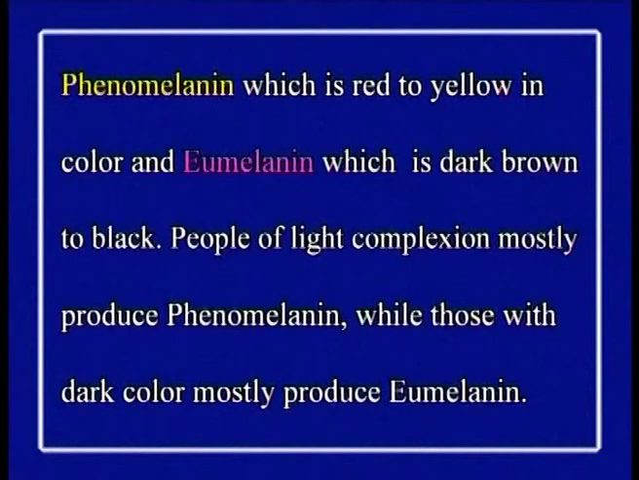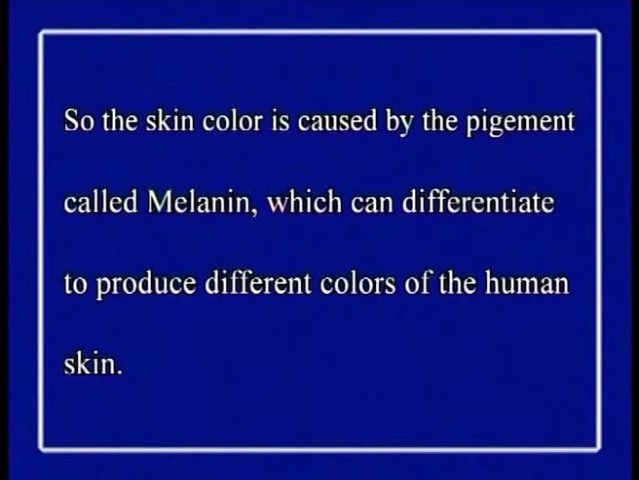black. People with light complexion mostly produce pheomelanin, while those with dark color mostly produce eumelanin. To a lesser extent, the color is also affected by the presence of fat under the skin and keratin, a reddish-orange pigment in the skin. So the skin color is caused by the pigment called melanin, which can be differentiated to produce different colors of